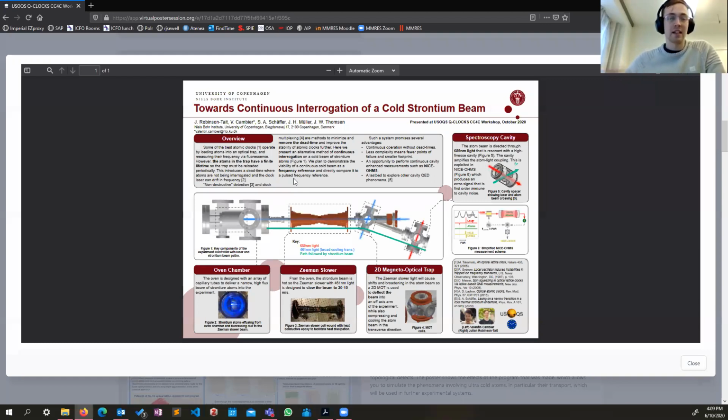My name is Julian Robinson Tate, and I'm working at the Niels Bohr Institute along with Solfus and Stefan, who's now moved to Amsterdam. We're working generally on the superradiant idea, but here we're addressing a slightly different problem, which has been mentioned a few times, which is specifically the dead times in atomic clocks. We're addressing this by a concept of continuous interrogation of a cold strontium beam. Essentially the way we want to realize this is by cooling a continuous beam of strontium with a Zeeman slower, and then focusing down the beam in a 2D MOT and trying to deflect it into a high-finesse optical cavity,